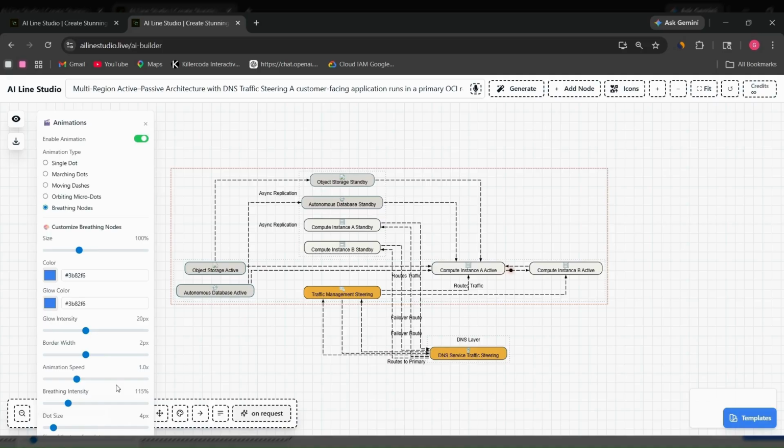So basically, adding a breathing node animation in AI Line Studio helps you highlight key elements and make your diagram more visually engaging. So this is it for